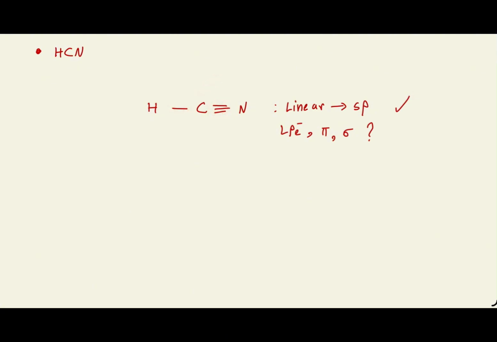Now look at nitrogen. 1, 2, 3, 4, 5, 6. This means nitrogen has 6 electrons, right? Now it needs 2 more. So we just add 1 lone pair of electrons, right? Okay,